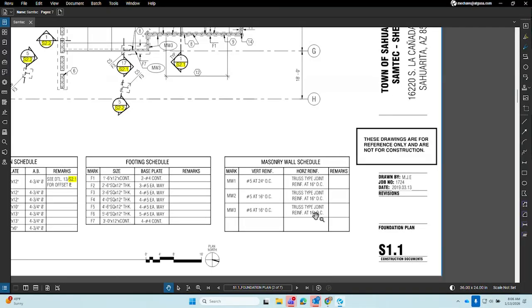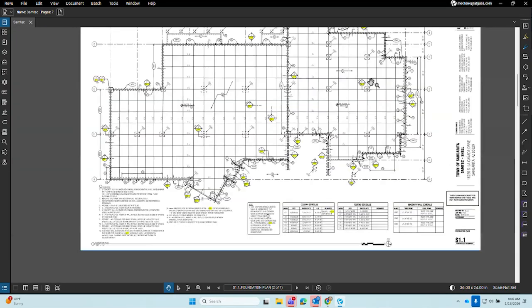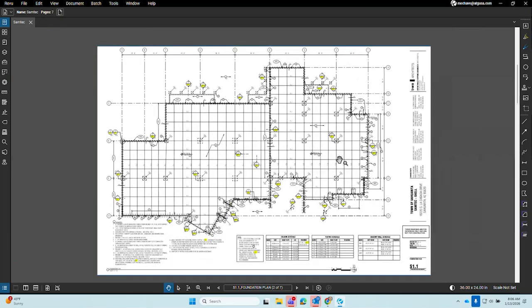That downstream effect again, data in, data out, right? Are you standardizing your workflows? Are you following a BIM execution plan? Or are you just throwing things together? I don't